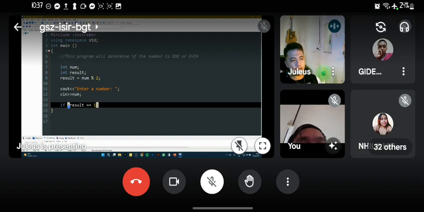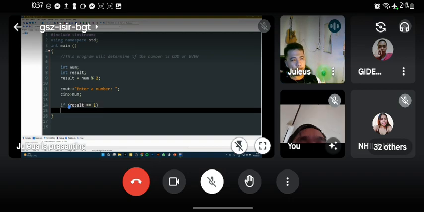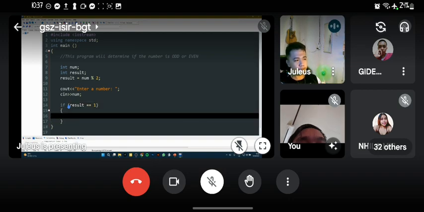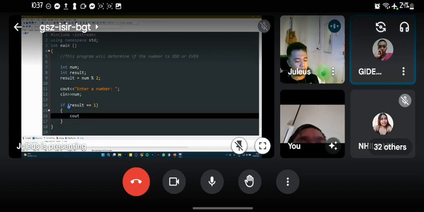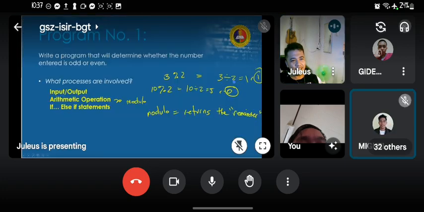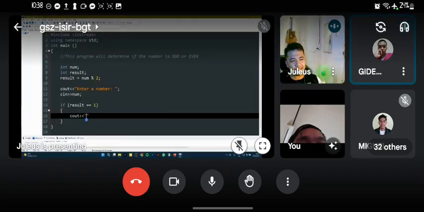So if the value is exactly 1, then it will say the number is odd. If the remainder is 1, that's an odd number. So, the number is odd.